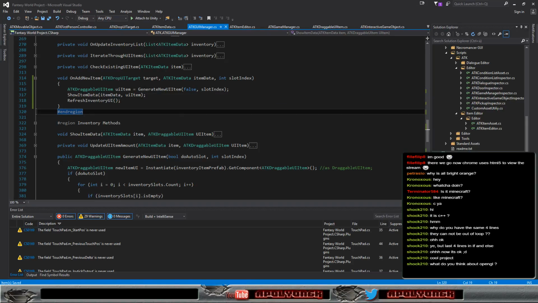So if we generate that item, show the item data and generate